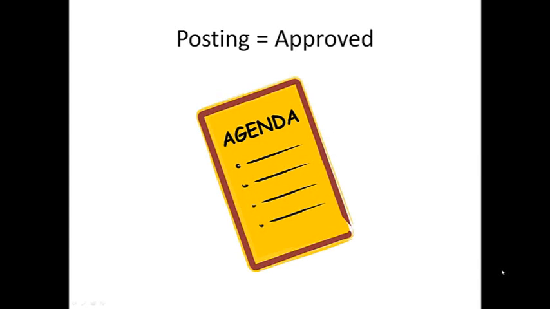In closing, critically important, what is posted is approved. Notice tells the date, time, and place. The agenda lists every item, as well as indicating what item will have action or possible action. Your job is to encourage and facilitate participation of your citizens. Your job is also to get the job done.